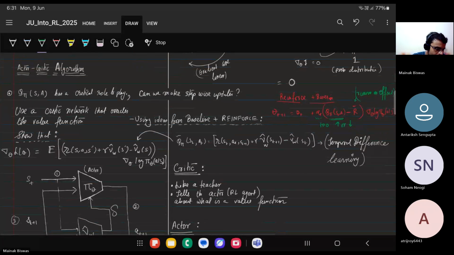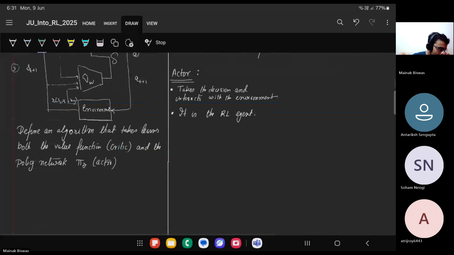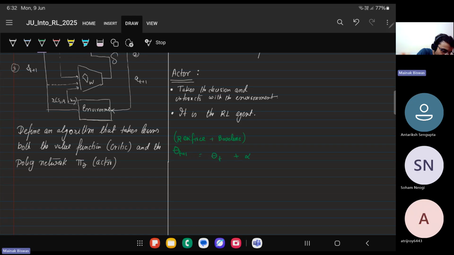So REINFORCE with baseline can be theta t plus alpha t times (q pi of s comma a minus, say, the mean reward in the environment, and you can divide by the standard deviation) and you can still get